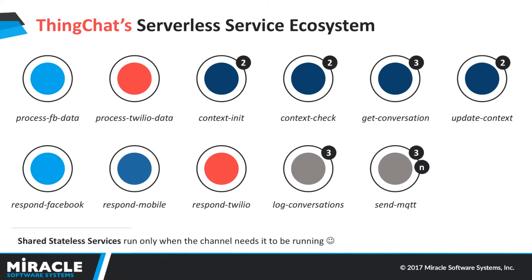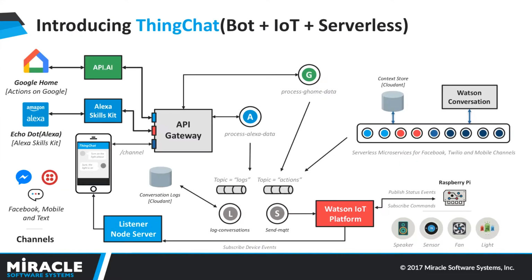When we started looking at this, the first thing that we looked at was what are the existing services that we already have, and is there some way that we can use Alexa and Google Home while still reusing these services that we already have. Some of the services are very specific to other channels like Facebook and Twilio, but there were some services like being able to send the MQTT message and log the conversations that we wanted to reuse for both these channels. So that's where we came up with the second architecture, where we added in Google Home and Echo Dot